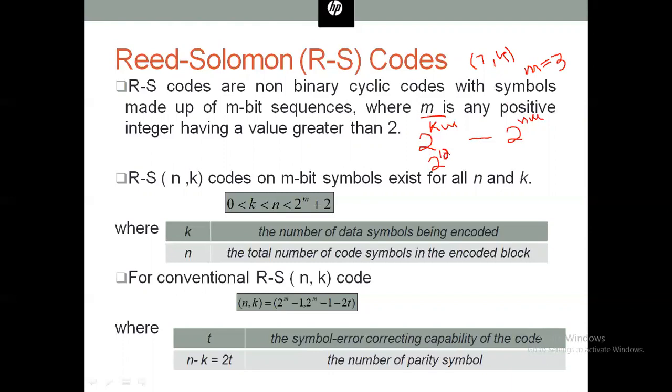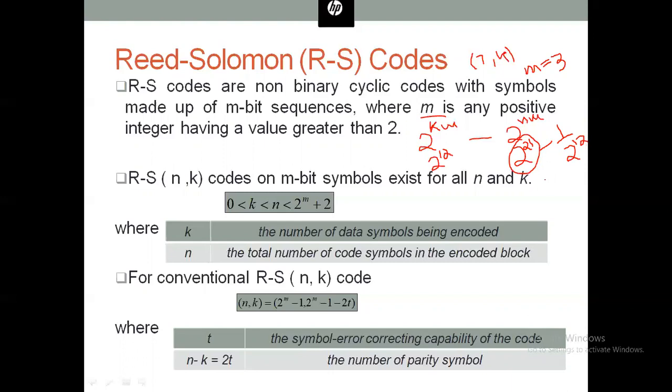So we are using 2 raised to power 12 combinations from 2 raised to power 21 combinations. So it is a very small fraction. Actually, the fraction of 2 raised to power 12 is used from this